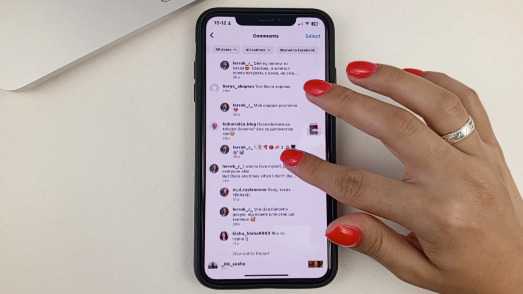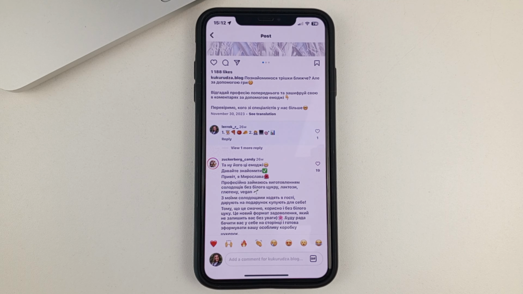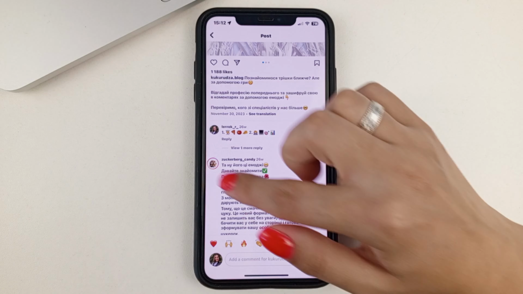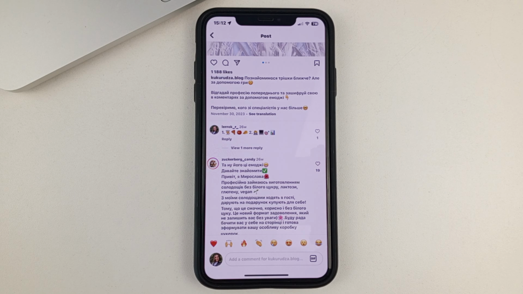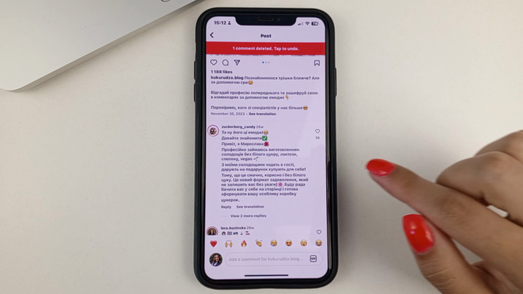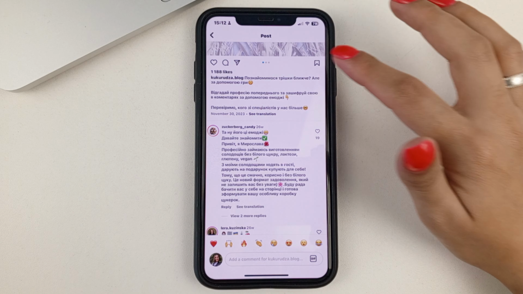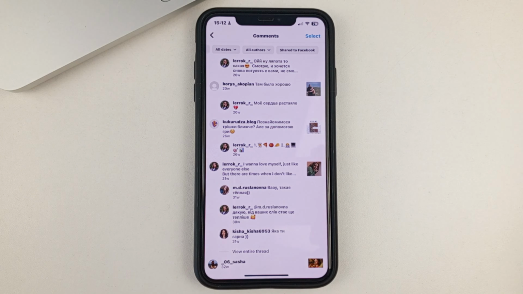Let's say you've scrolled through and found a comment that you'd like to delete. Click on it, and you'll immediately see your comment. It will be highlighted in blue, as you may have just seen. In order to delete it, you just have to swipe from the right side to the left side. In one swipe just like that, you can delete it. If you come back, that comment will no longer be there.